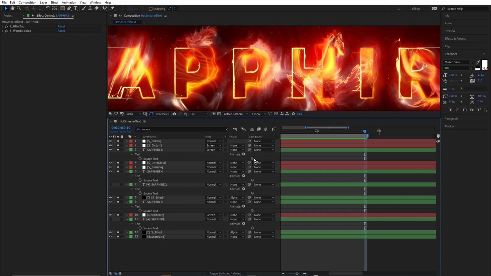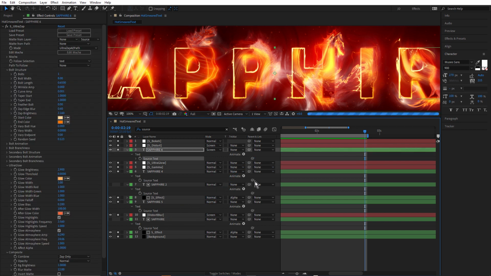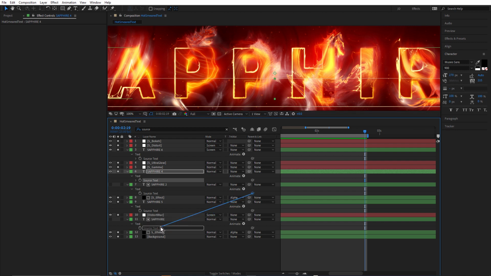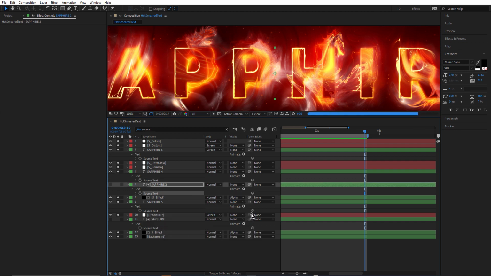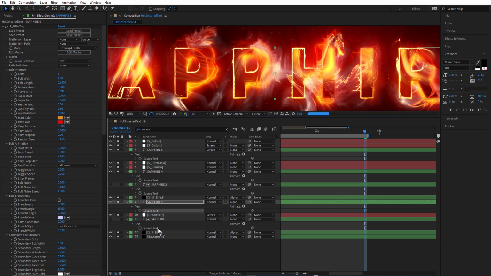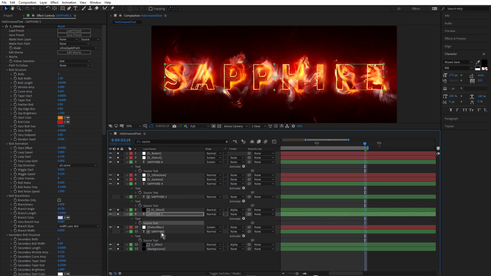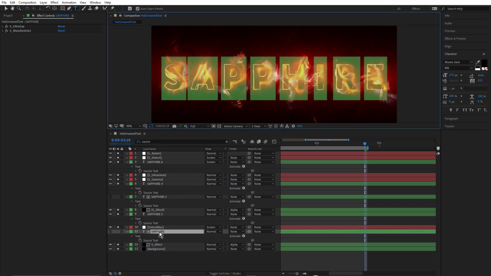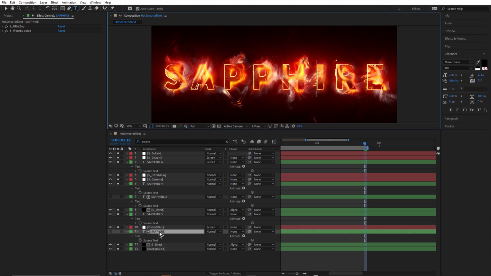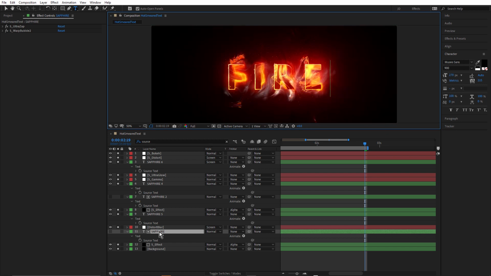I can do that quickly just using the property pick whip. Bring that down to source text for each one. And source text. So now the source text is linked up. So I should be able to just change the bottom text just by double clicking up in Fire. And there we go.